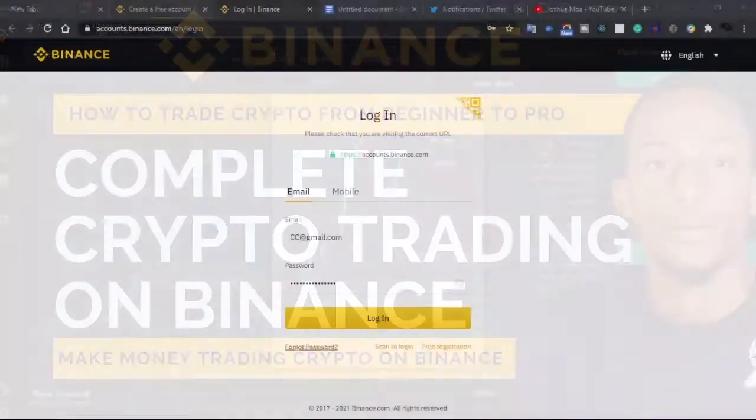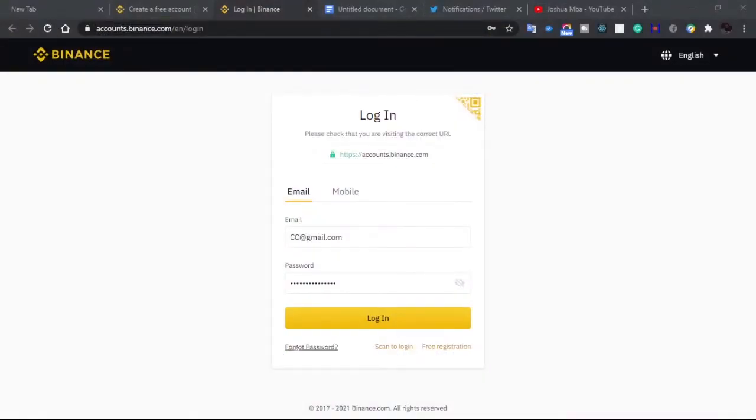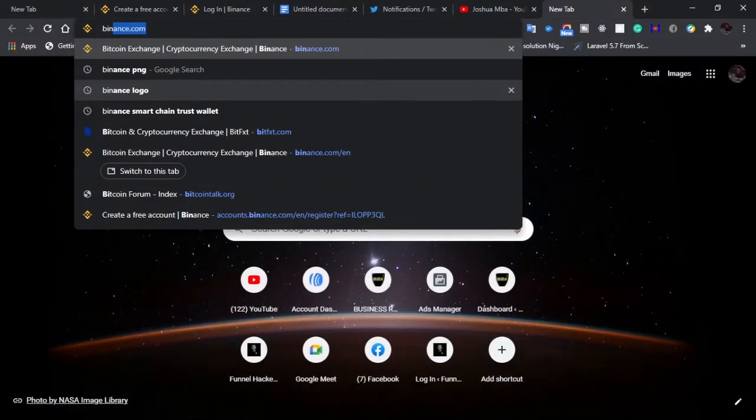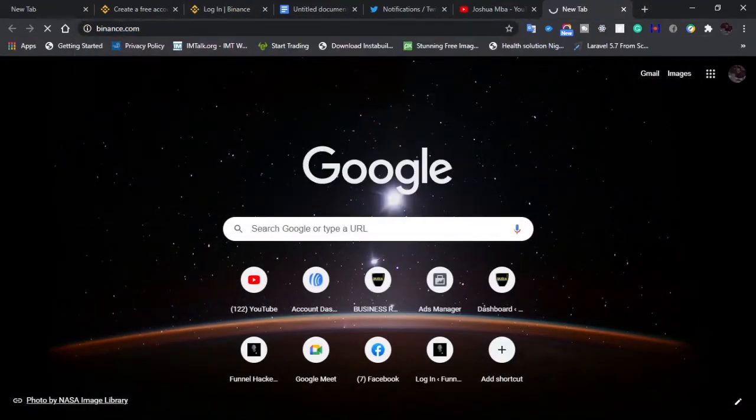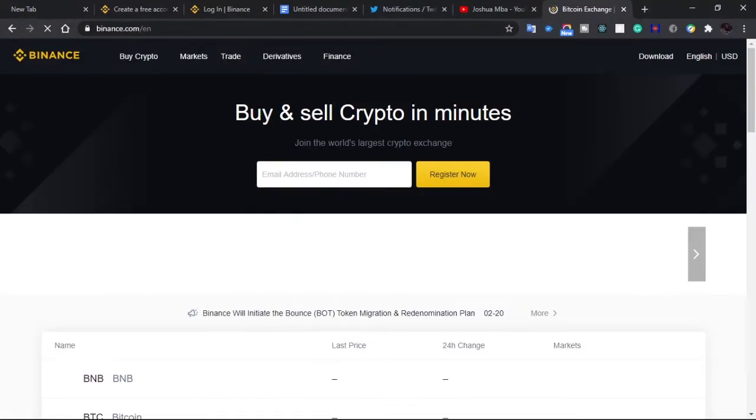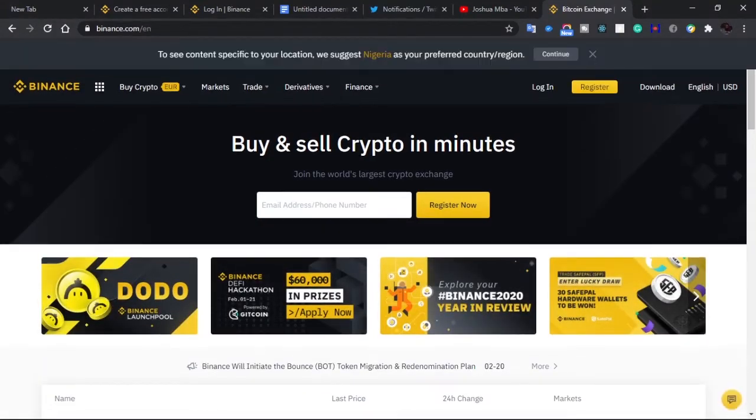All right, so first thing first, we have to understand what Binance is and what it stands for, and why we are even trading on Binance. In case it's your first time in the crypto industry, I'm going to do a very quick explanation on this for you all. All right, so by history or by fact, Binance is the biggest crypto trading platform, and of course, it's important to know. And the cryptocurrency industry is a very big industry.